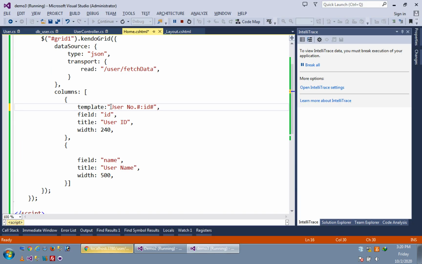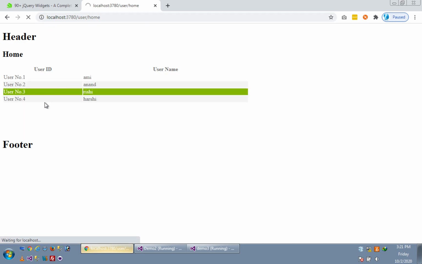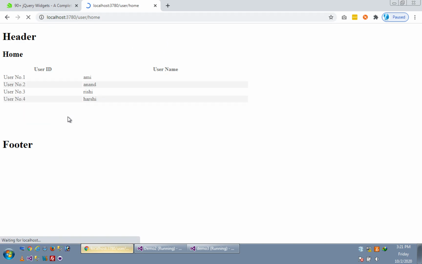And I can use different tags here as well, like center, right? So the data is in the center.